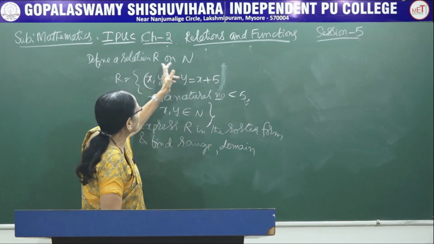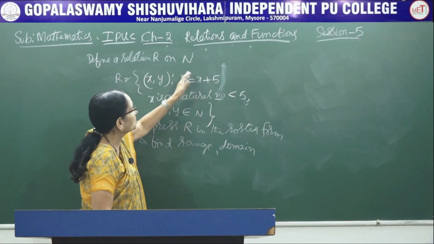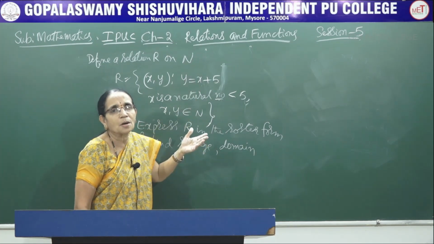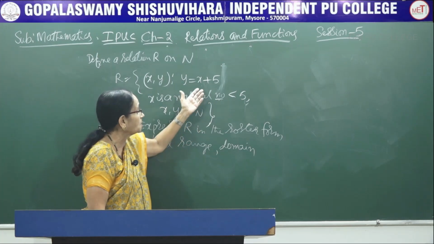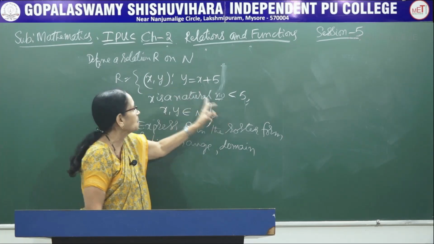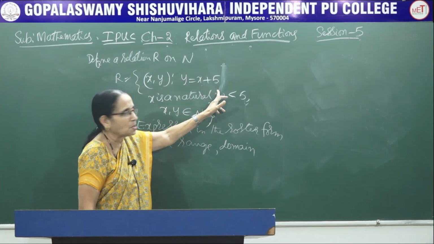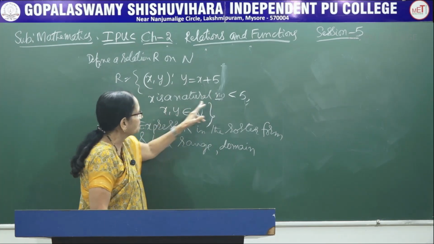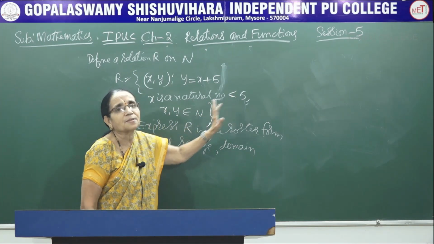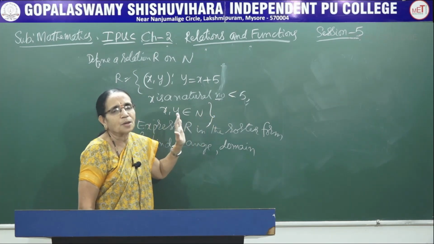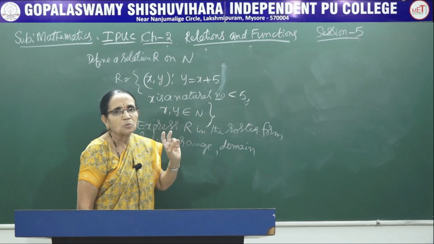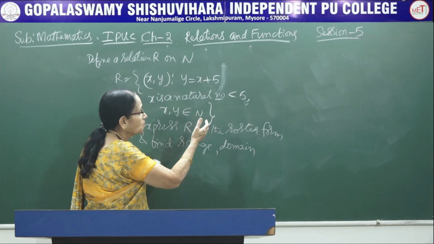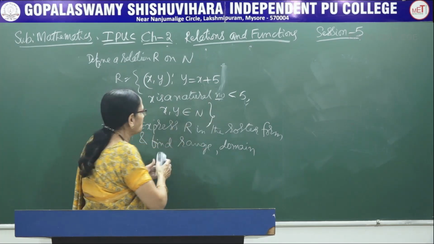So, we define a relation R on the set N. Simply if you say set N, you know that it is an infinite set. How many values can you go on giving for N? Not for the x here. Therefore, they have put a restriction here. The relation is y equal to x plus 5, but what are the values that can be assigned to x here? X is a natural number strictly less than 5. So, what are all the values of x we are considering? 1, 2, 3 and 4. So, indirectly, instead of giving 1, 2, 3, 4, it is given in a sentence, that is all.